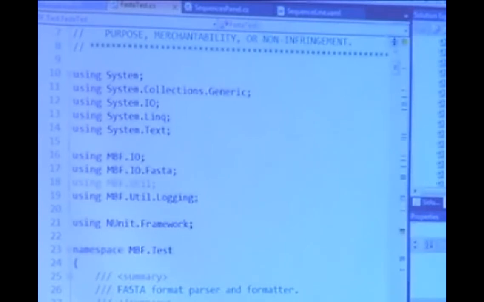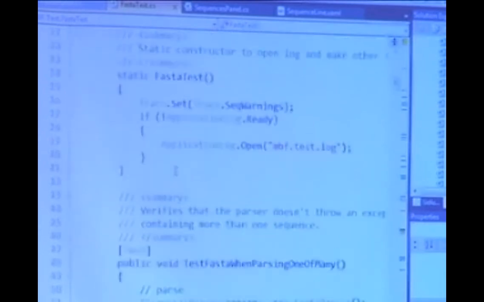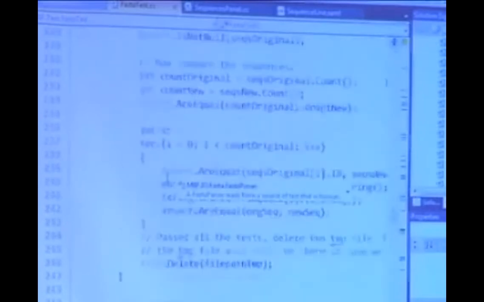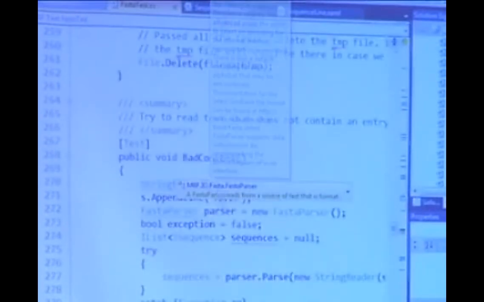You download it and you just run it. It's a GUI. You point it at the project, and it'll run all the unit test cases for you. When you do contributions back to MBF, Microsoft asks that you build unit test cases to go with that, to test and verify the assertions of whatever the code is that you're contributing. To get an idea of how to build them, you can simply look at some of these unit tests here. You can see that they have all kinds of unit tests that they've built for the FASTA parser.